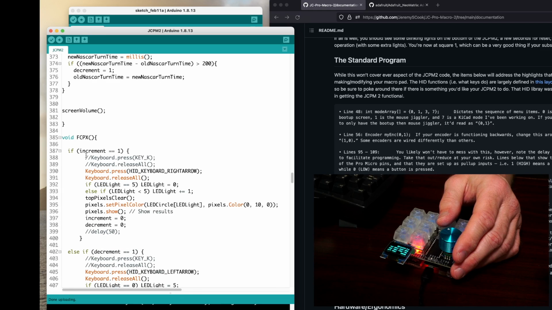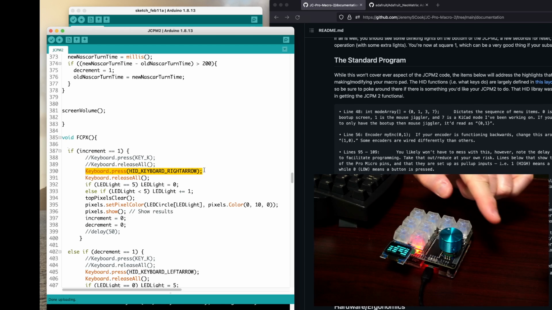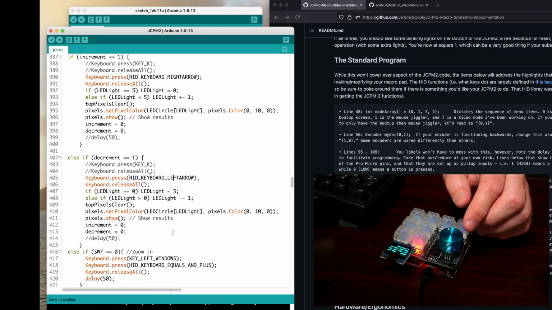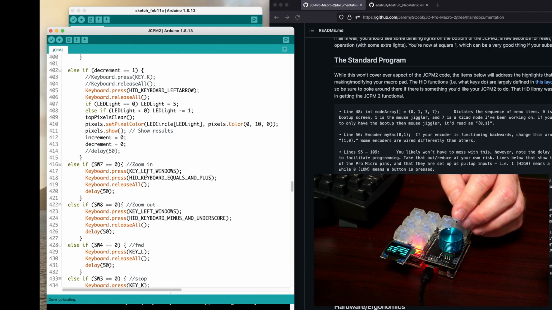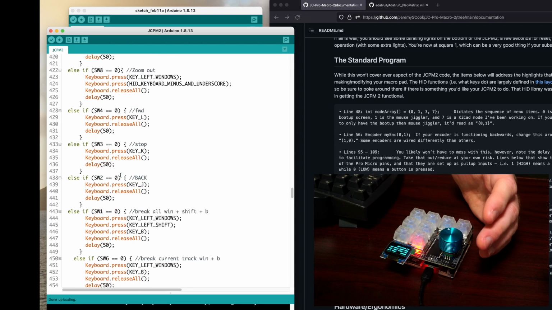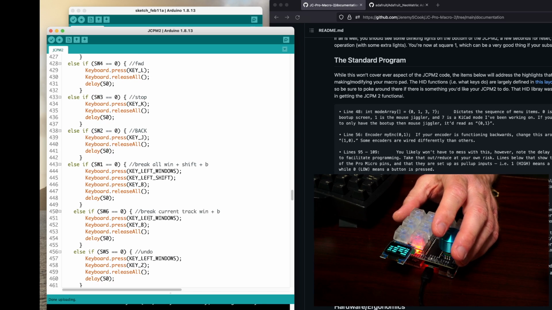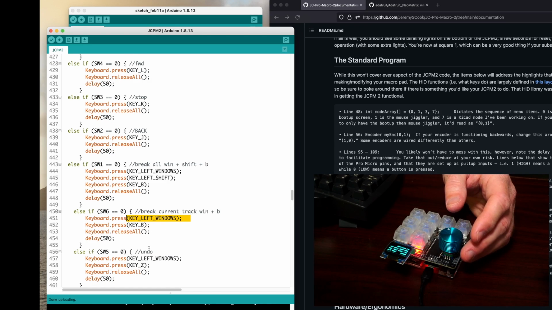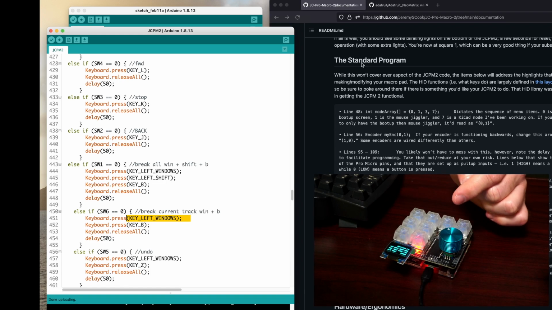Final Cut Pro X, the meat of it, HID keyboard right arrow. So it's basically rotate goes right, rotate that way left. So you can modify that as you see fit. Then you've got if SW7, switch 7, equals 0, zoom in. All these things, it's just basically if this equals 0, then you do something. So key left Windows. I'm using a Macintosh, so I think that's the command key. So you just got to kind of adapt the stuff from that GitHub page that I showed earlier,